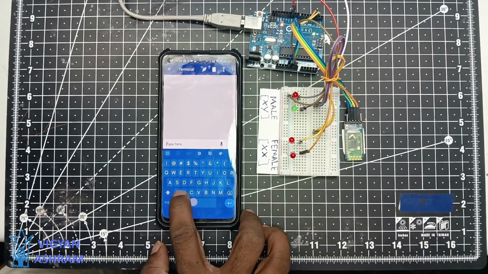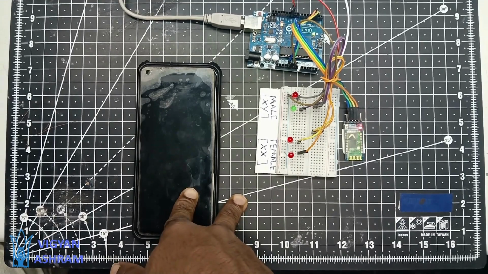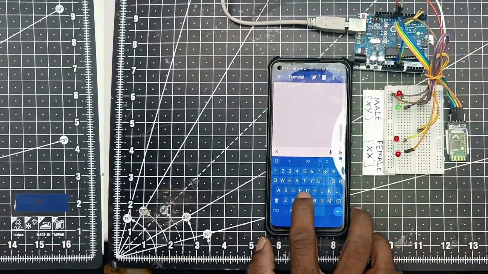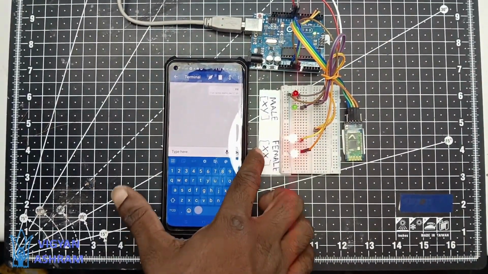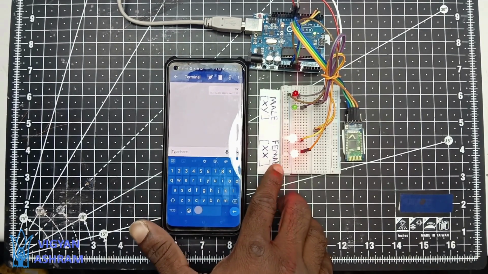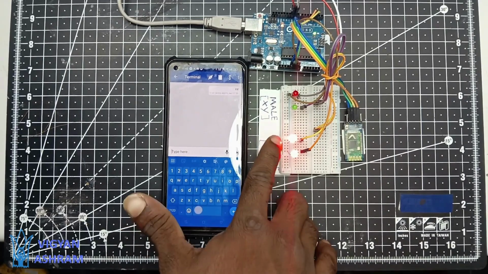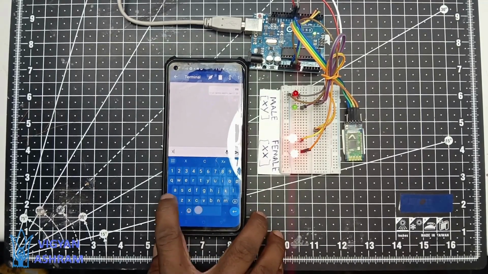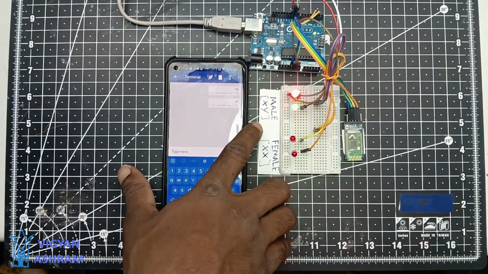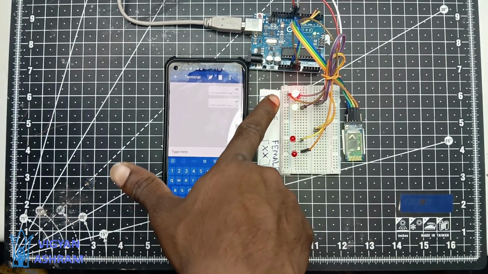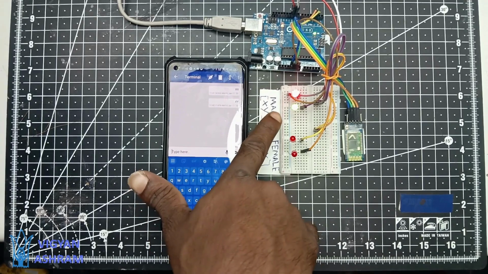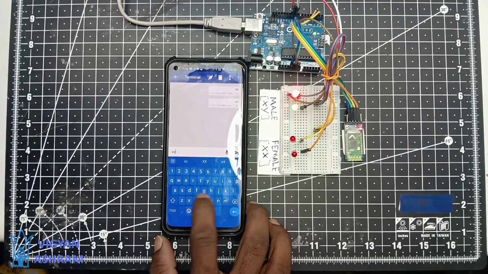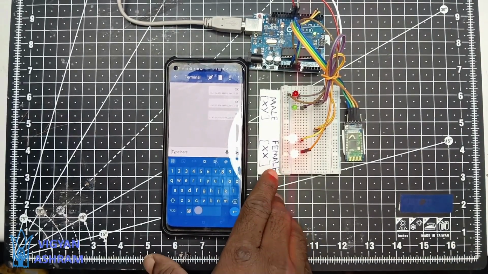Now I am sending capital X and capital X. This project is chromosome matching. Here we show male and female. See, by sending capital X and capital X, the female gender LEDs will be on. That means the red LEDs will be turned on. Next I am sending capital X and capital Y, and the male LEDs will be on: red for male representation,